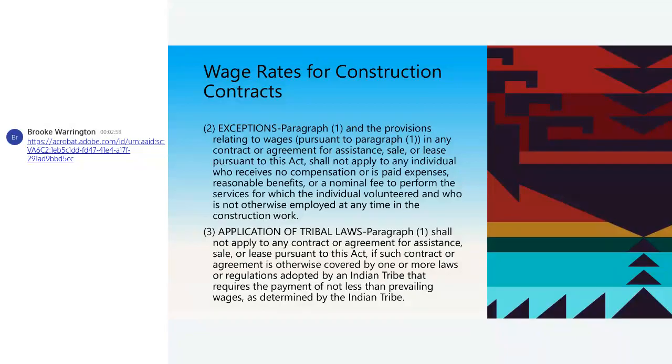It's not a one and done. You have to define prevailing, and it only applies to NAHASDA contracts. Okay, it won't work for your building of a casino or something else. It's for your NAHASDA contracts, but there is a mechanism that if you don't want to pay Davis-Bacon, you can use a tribally determined wage rate. And those materials are also in those reference materials for you. Okay.